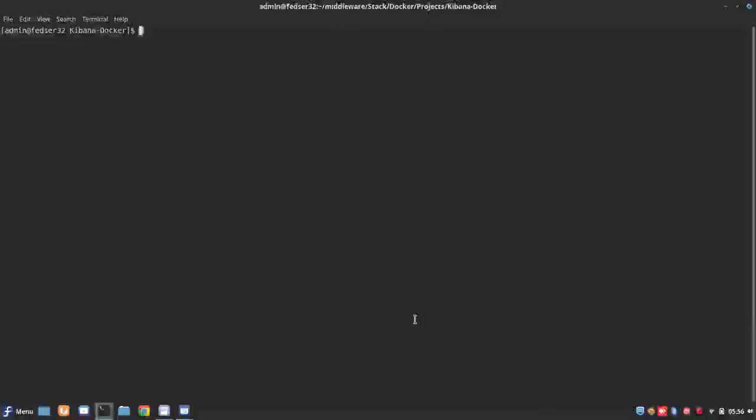So how can we validate the services, other than the logs? Elasticsearch can be validated using the curl command. So let me show you how we can run the curl command.